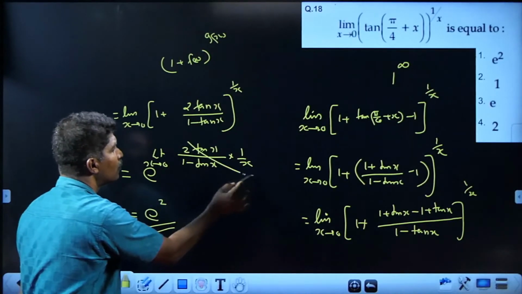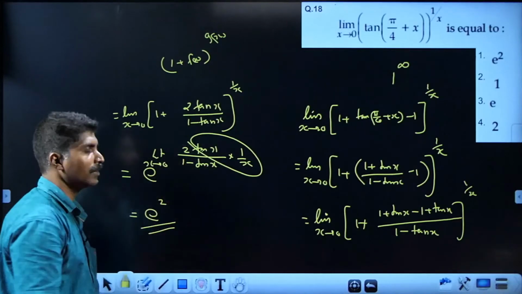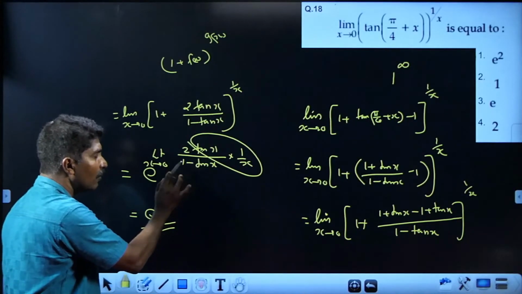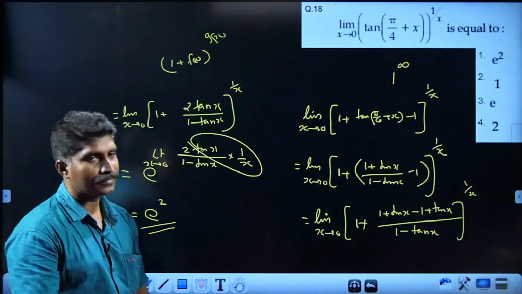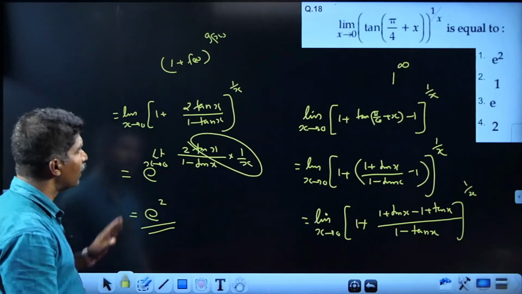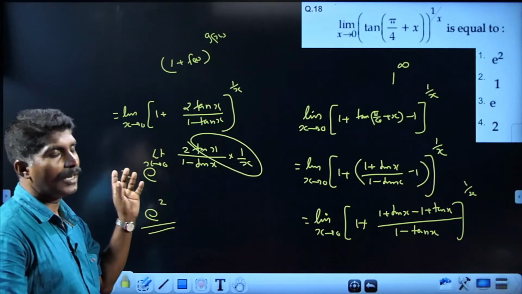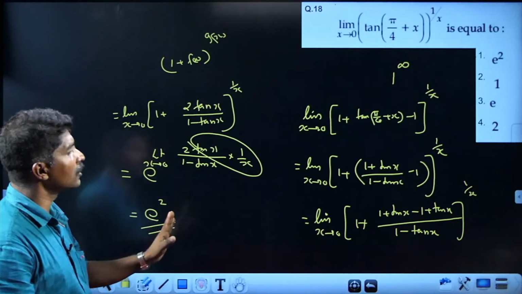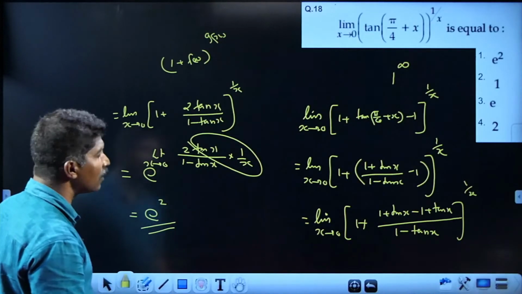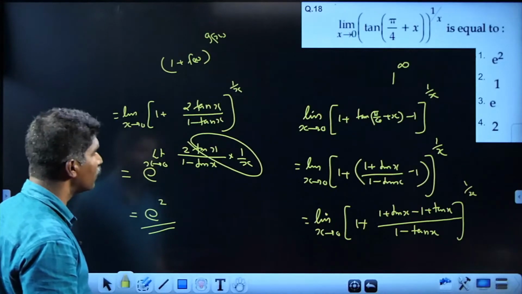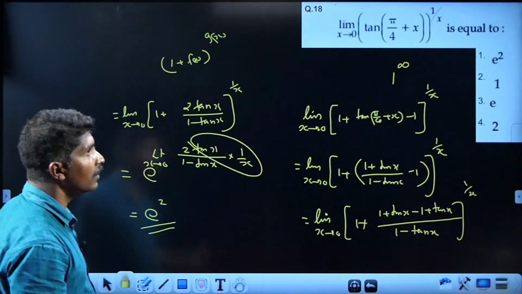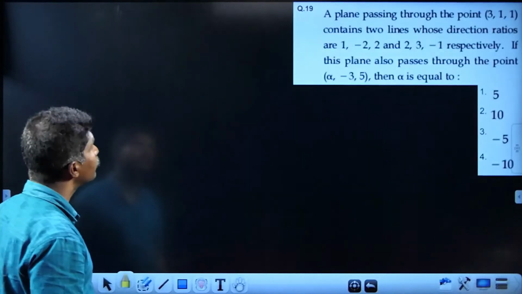We will collect these together. Tan x by x you will collect together, that becomes 1, and this is 1 minus 0, 1, so e square. Okay, again not very difficult, but these kinds of simplifications you have to study. In most of the question papers you can see this kind of problems. So familiarize yourself with the previous year question papers if you are going to write a competitive examination.